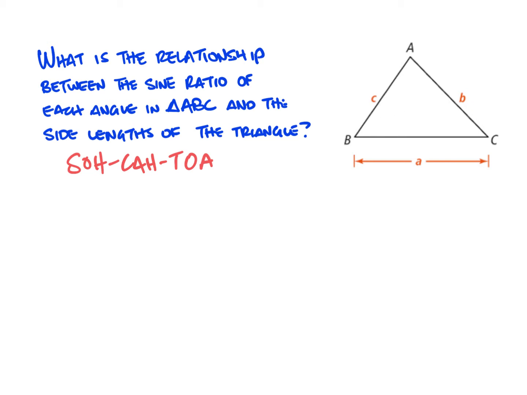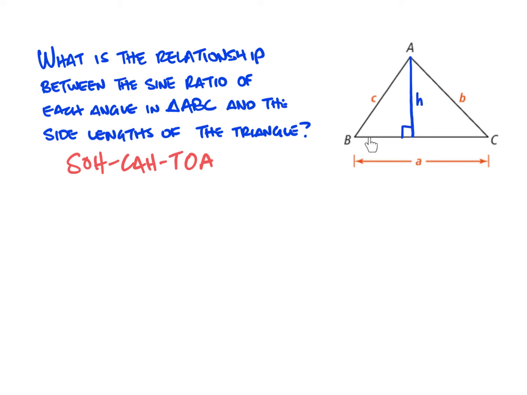What I'm going to first do is drop in an altitude from angle A straight down to the opposite side. Now I know that altitudes go from the vertex of a triangle and go across to the opposite side and make a 90-degree angle. In doing that, I've just created two right triangles in my picture where there weren't any right triangles before. And I'm going to look at angle B, all right? And I'm going to label that altitude as H, standing for the height